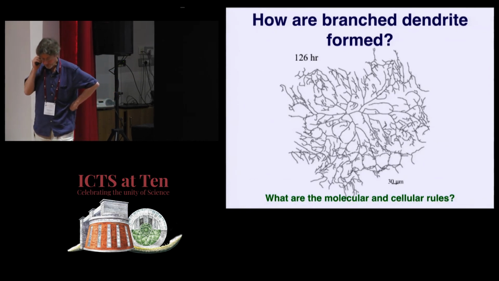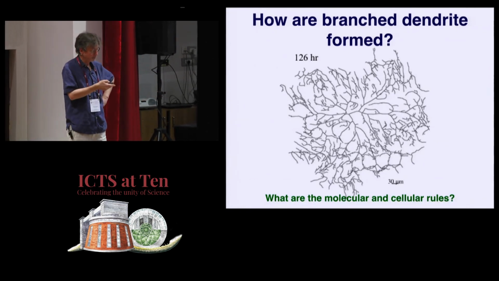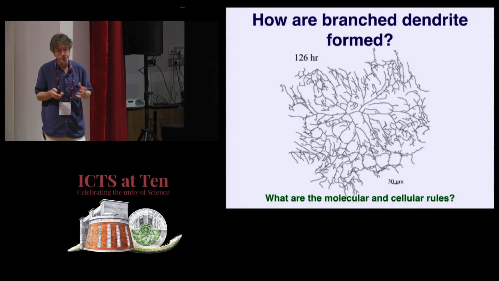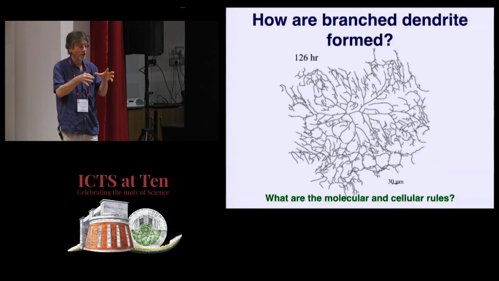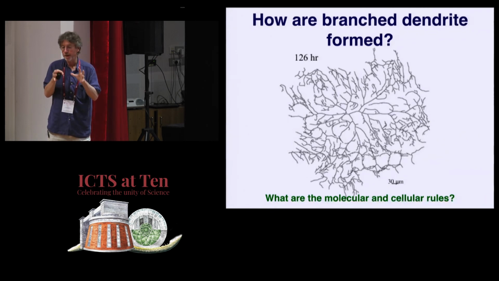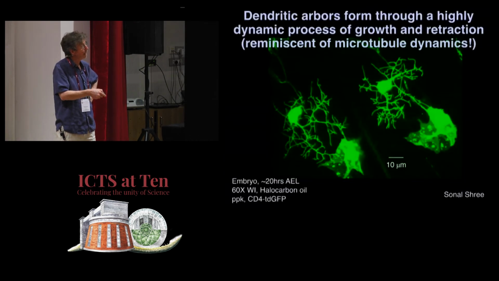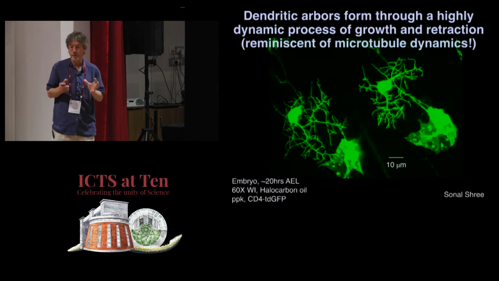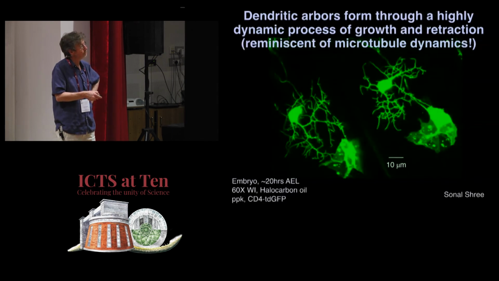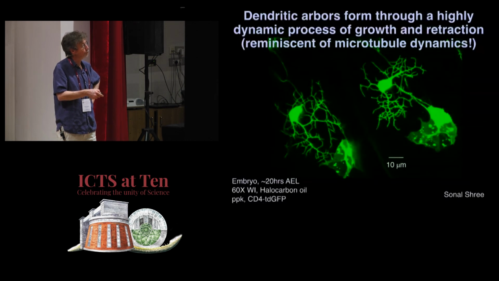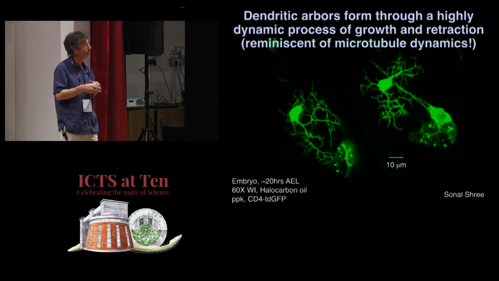And so, this is early stages yet, but the first thing is you've got to look and you've got to observe what goes on. And the great thing about this fly system is we can look right into the fly and look at the branching mechanism as it actually takes place in real time. And this is in the embryo. Here are 2 of those cells at a small stage. And what you see, it's absolutely unbelievable. This is a very, very highly dynamic process. And what you see is that these branches, they're growing out, they're shrinking, they're growing back out again.